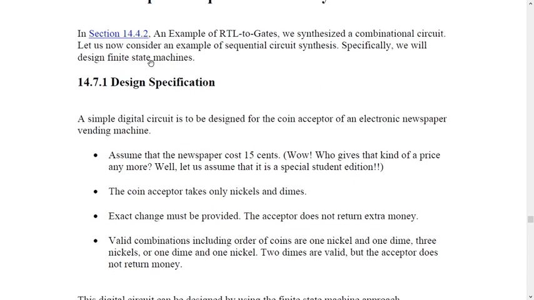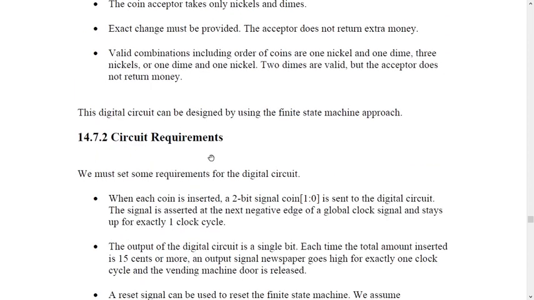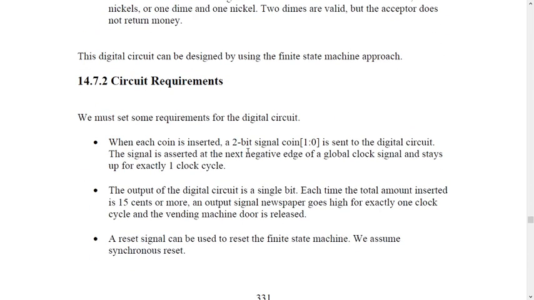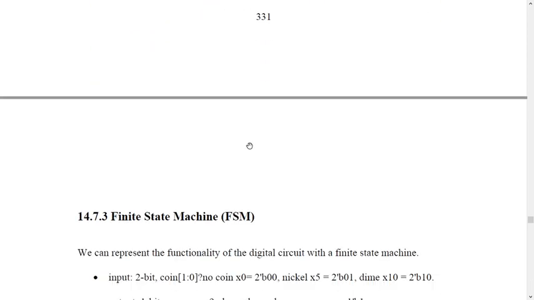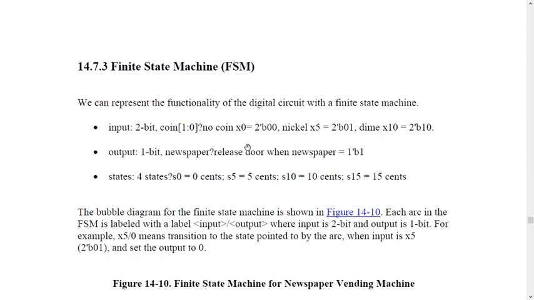So we required a finite state machine. Basically, the state machine will help us find errors, find iterations, and find a way of approaching things. So that is with respect to the design specifications in a finite state machine. Then we will have the circuit requirements. So what are the requirements to do my operations? Then I will have the FSM.